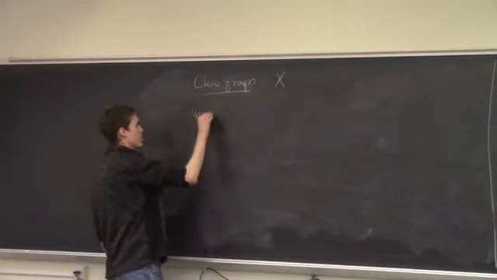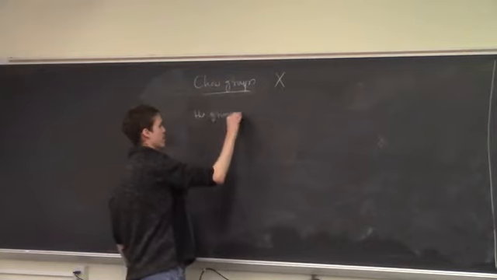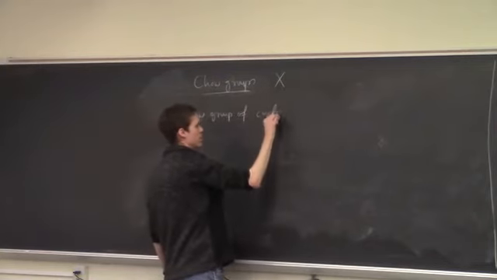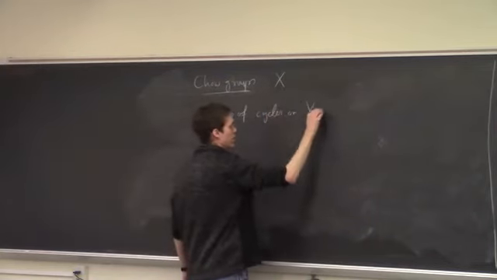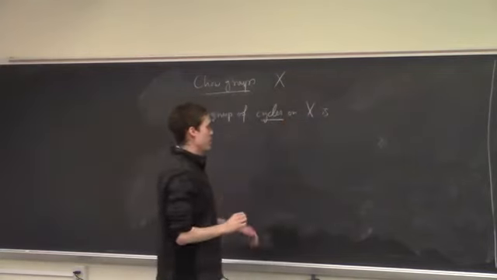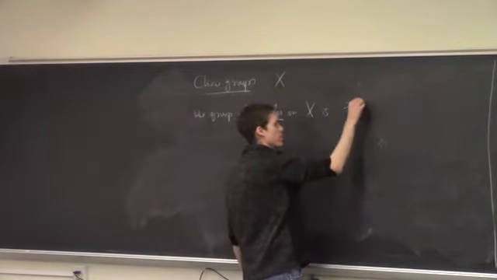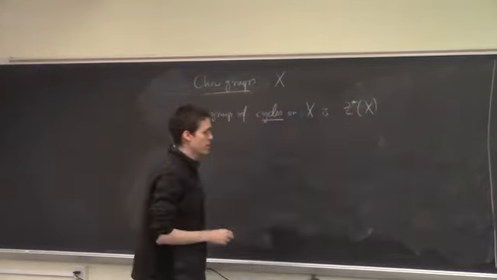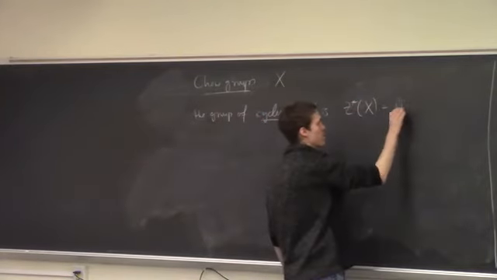The group of the cycles on X, so this is the definition of this word, is denoted Z of X, and it's a free abelian group